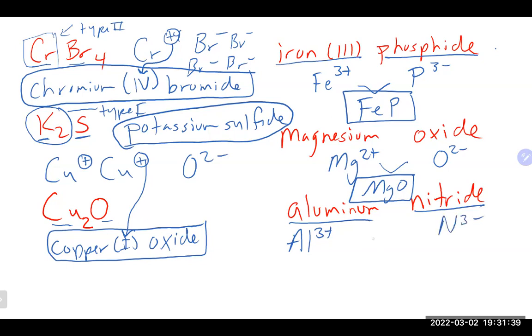I did not pick very well on these. Again, in this case, we end up with, or maybe I did pick well, depending on your perspective. We just need one of each of those, gives us Al and N in this particular case. Any questions on any of those type 1 or type 2 guys? Okay. All right, so then we're going to continue on to the next type of naming, which is type